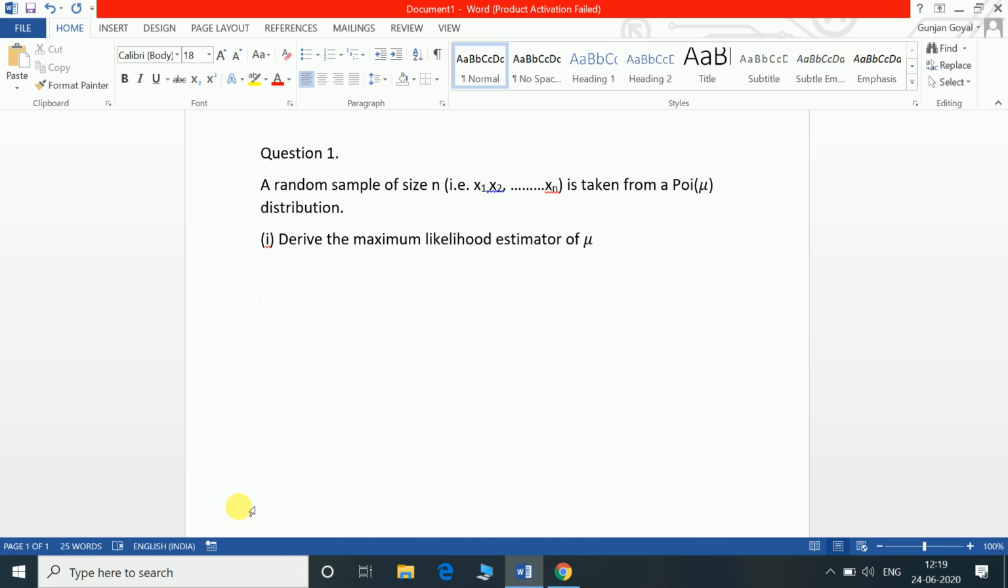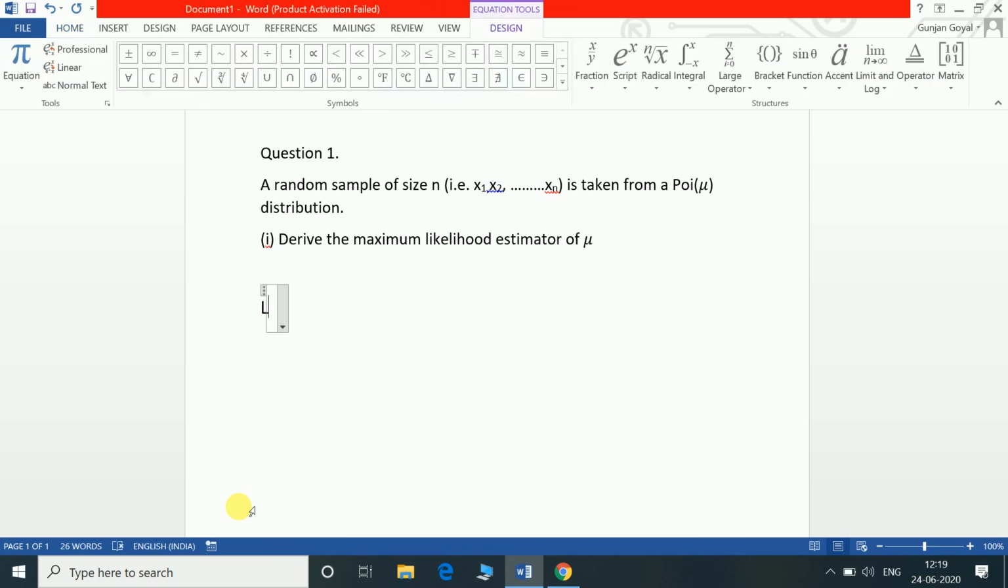So first we'll write the likelihood function. The likelihood function is L, which we write, and then I insert an alt equal to write my equation, put a bracket, backslash mu and a space. This will convert it to mu. Then I continue writing equal to,